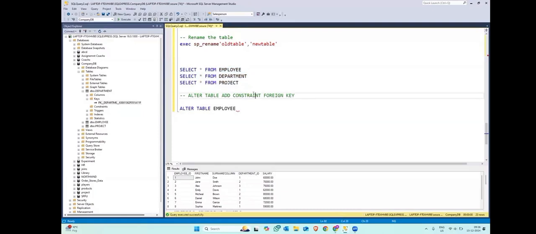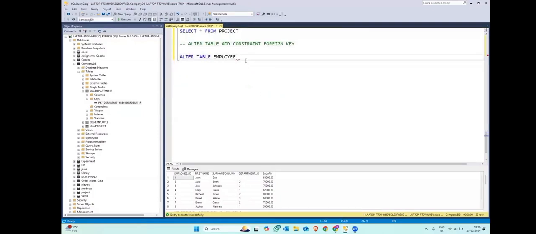So alter table employee, this is the name of the table which will have the foreign key. So whenever you are using alter table, it is the name of the table that you are working upon. Then I will write add constraint. So this is the keyword you have to write. And then you have to write the name of the constraint. It could be anything. You can write 1, 2, 3, 4, 9, 7, 8, 5, 6. This that you are seeing here, PK department, this is the name of the constraint. So I will write here as